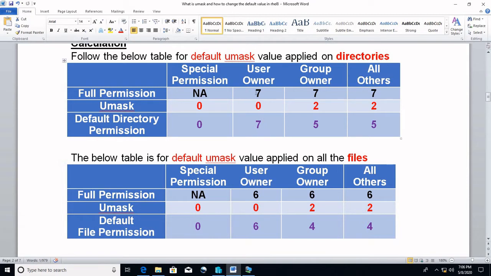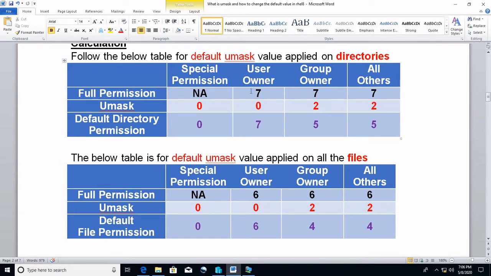So the maximum permission for folders is 777. For files, we do not need execute permission, and the value for execute is 1, so we deduct that from 7. So 7 minus 1 is 6.